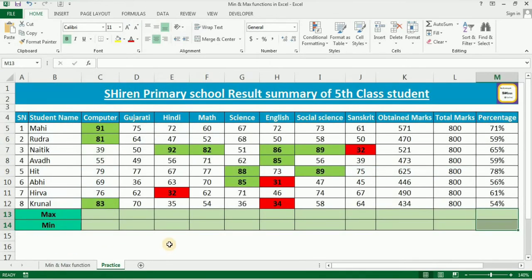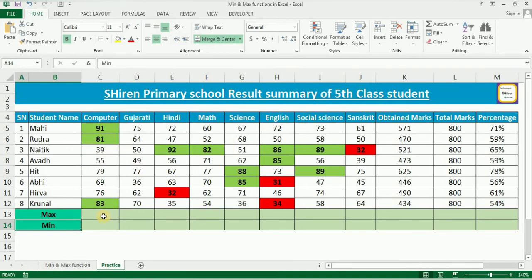One more practice is here for the 5th class student result summary, in which there are different subjects, and for a particular subject the teacher would like to know the maximum marks achieved by the student, for example in computer, and the minimum marks achieved by the students in the 5th class.